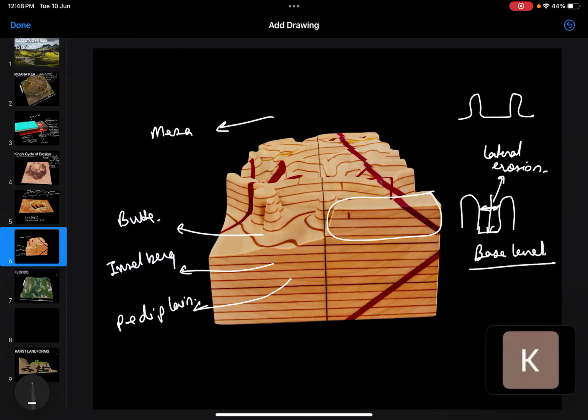Okay, so this is one of the parts which we can see here under the King cycle of erosion, where we can see Mesa, Butte, Inselberg, and Pediplain, which are the important landforms here. Now,